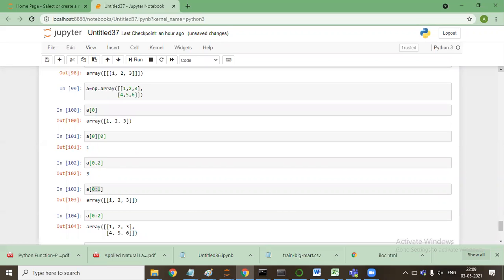Excuse me, sir, can I convert a three-dimensional NumPy array into a pandas data frame? Yeah, we can do that. It is just pd.DataFrame and pass that array, it will be converted. But let me cover this slicing first. Then how to convert a dictionary to a pandas data frame, how to convert a NumPy array to a data frame will be covered, don't worry. Just be focused on this slicing.